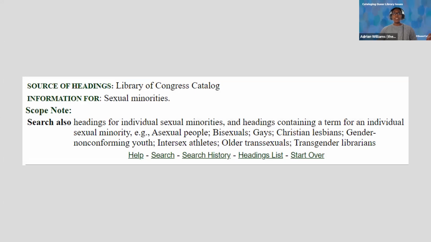Sexual minorities is the heading that's used to describe LGBTQ+ people as a group. It's the term that has the most agreed upon literary warrant, and so it was established as the authorized subject heading, but it is also a term that only the rare LGBTQ person would use to describe themselves.